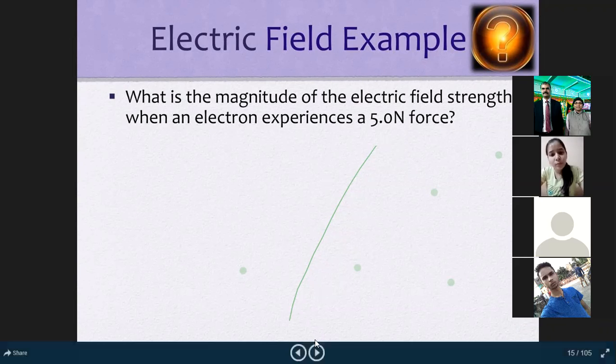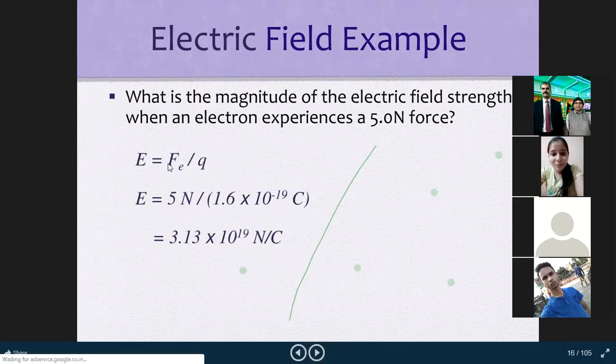ओके, तो इसका जो भी आंसर होगा आप निकाल लोगे। देखो इसका आंसर आ गया, क्योंकि फोर्स दिया हुआ है 5 न्यूटन और इलेक्ट्रॉन पर जो चार्ज है 1.6, तो ये वैल्यू आ गया इलेक्ट्रिक। ओके,